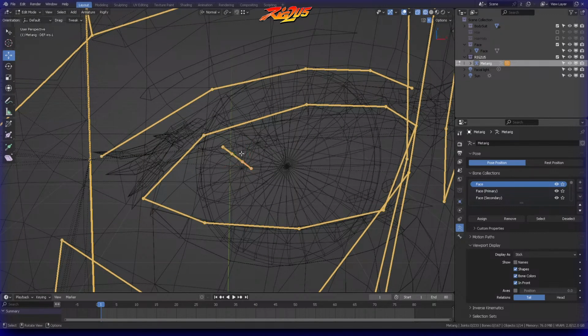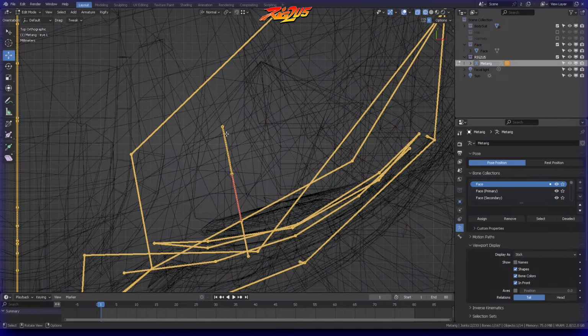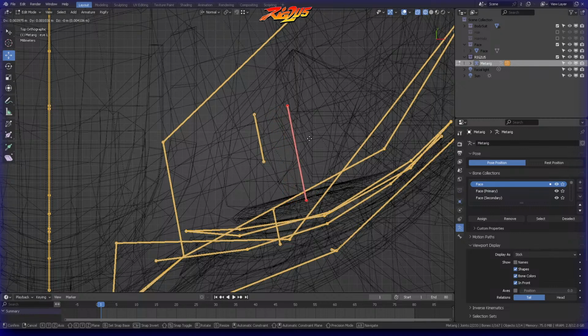And what we want to do is to identify the eye control. The eye control is the one that is going to draw the, what's it called? The viewer control. The visor control, sorry. When you generate the rig, it creates the visor control. You know, the control that moves the eye. So I'm going to select it right now. And as you can see, it's this long bone,